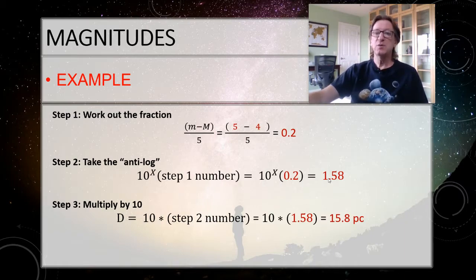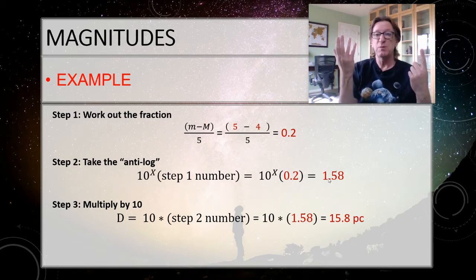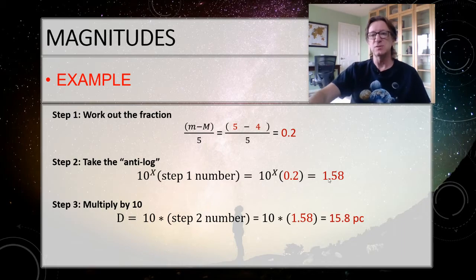Now, we're going to be using this technique a lot for the rest of the semester because a lot of times I can always get the apparent magnitude because I just look at the object. I might be looking at it through a telescope or with my eye, but I'm just getting the apparent magnitude because that's how bright it seems. The trick is going to be to figure out the absolute magnitude. And if I get the absolute magnitude, then boom, I've got the distance using the distance modulus. So I'm going to be teaching you some tricks for getting those absolute magnitudes as we move later on.